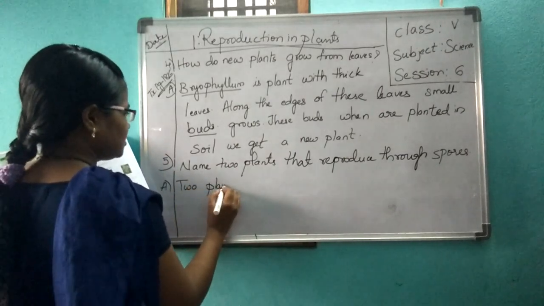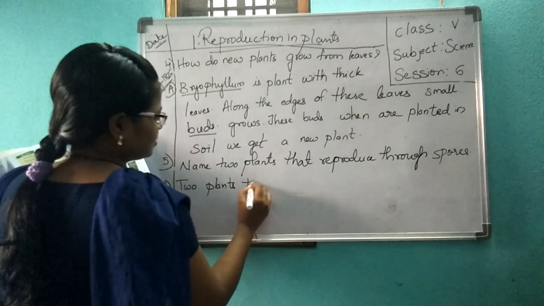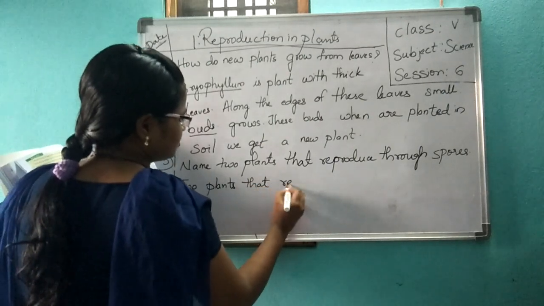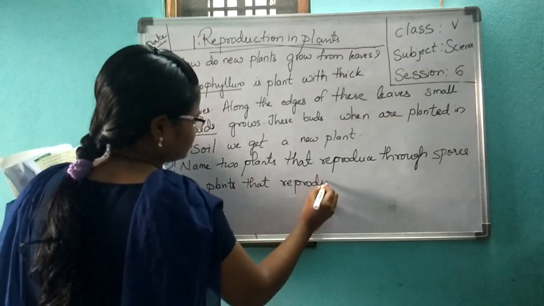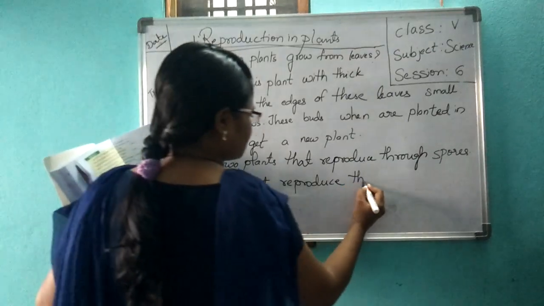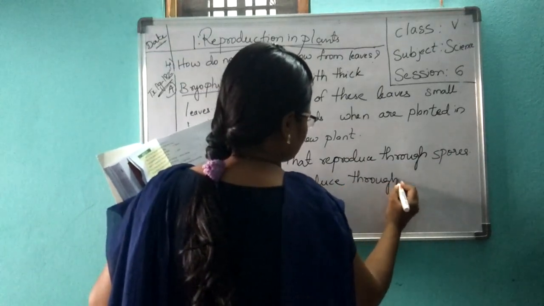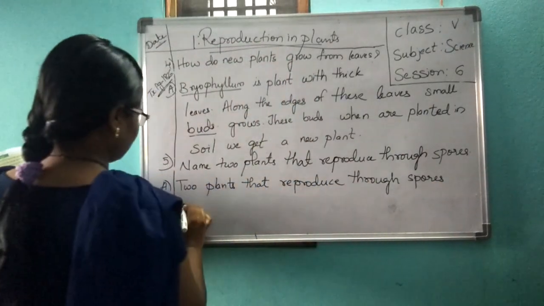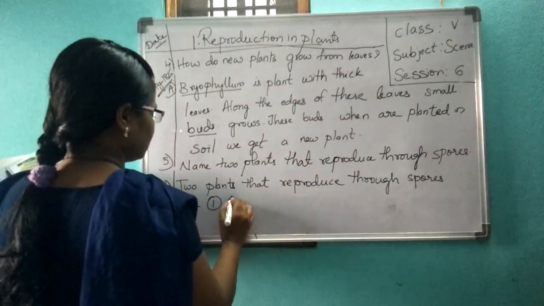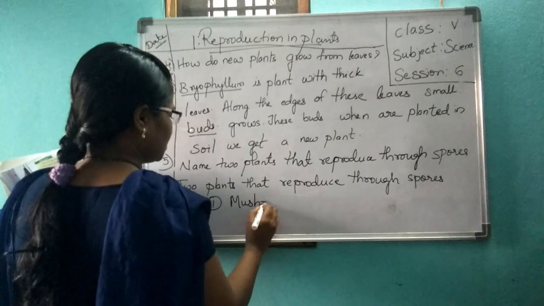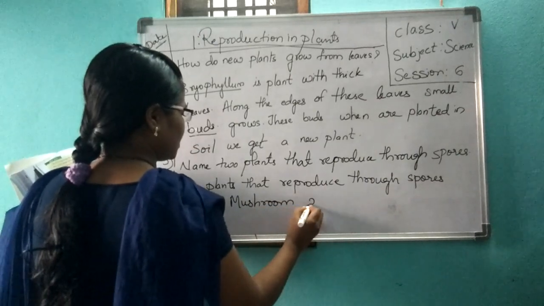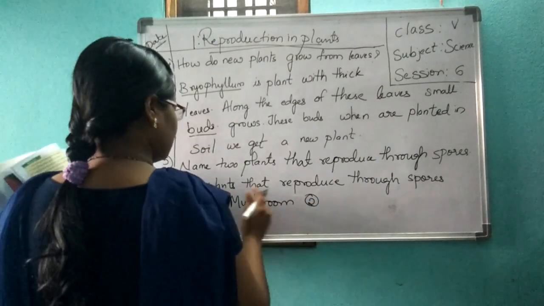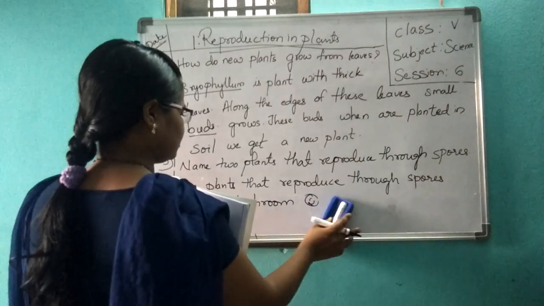Two plants that reproduce through spores are: one, I am writing mushroom, and anything you can write. Okay, mushroom and